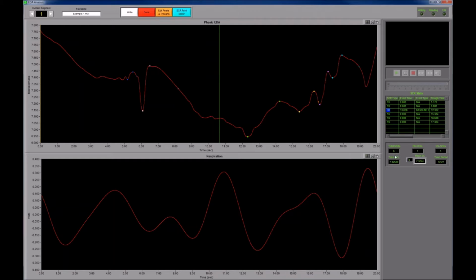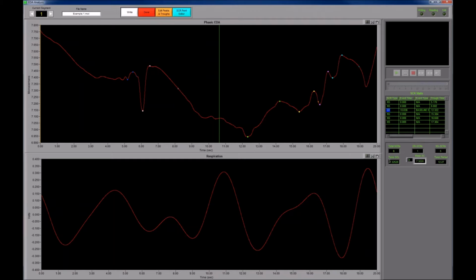And the way we're deriving tonic skin conductance level is we're taking the level of skin conductance but ignoring all of the time spent within an SCR, because that's where we're going to see our high amplitude changes and our settling. We don't want to include that in our baseline skin conductance level assessment. So we take all those out and we find the average level outside of those, and that's the tonic skin